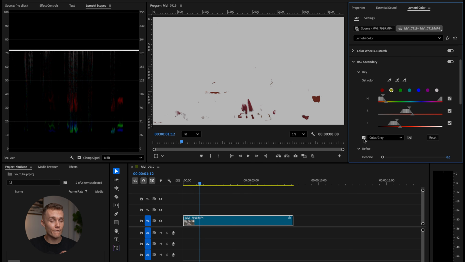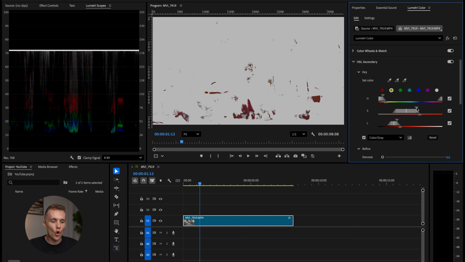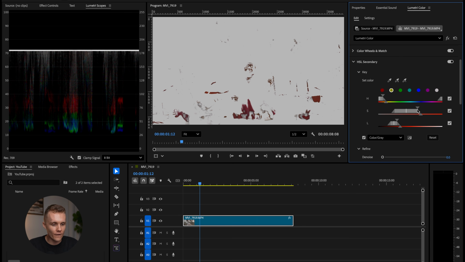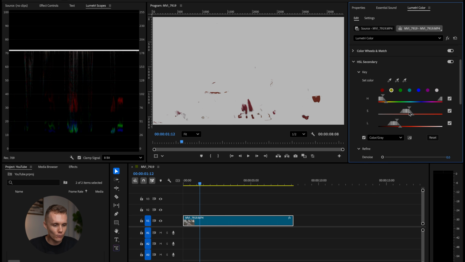What you can do to refine your selection a little bit more is play around with the hue, saturation, and luminance sliders. For example, if I were to increase the saturation level, all of a sudden we're starting to select way more of the image, and we're starting to select our subject's face, which is his skin tone. Far from ideal, which is not what we want to do. So we're going to back this off until we're not selecting our subject at all,